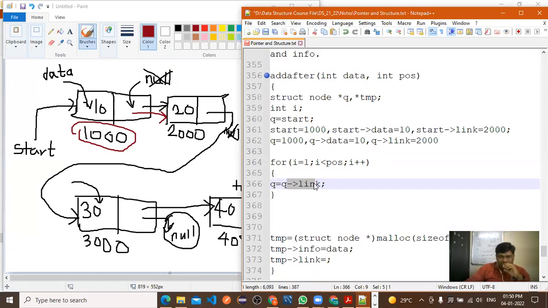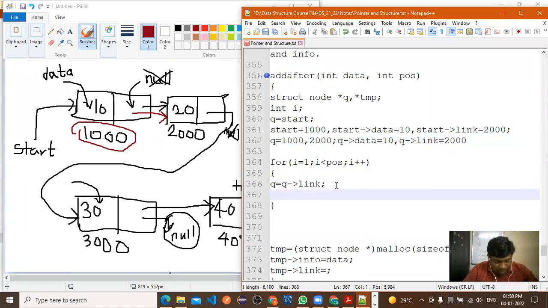1000, right? And what is the value of Q of link? 2000. So if Q of link is equal to 2000, the same value is assigned to Q, right? Now what is the value of Q after execution of this statement? 2000.